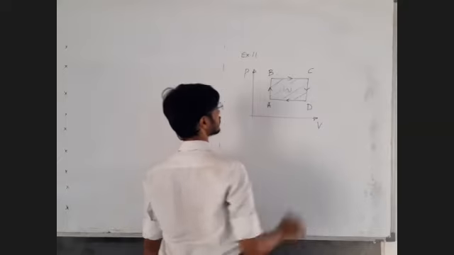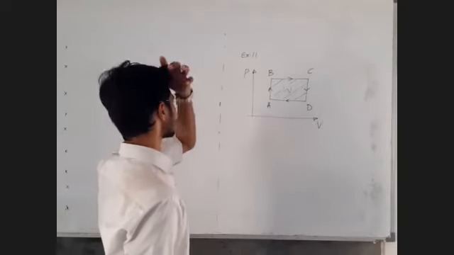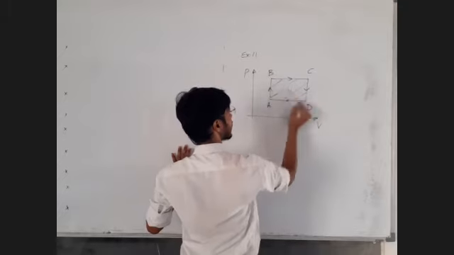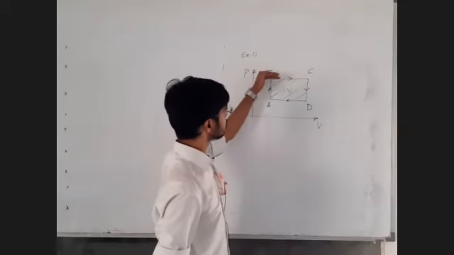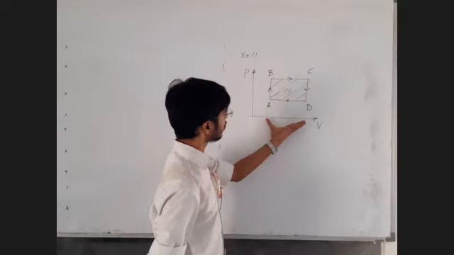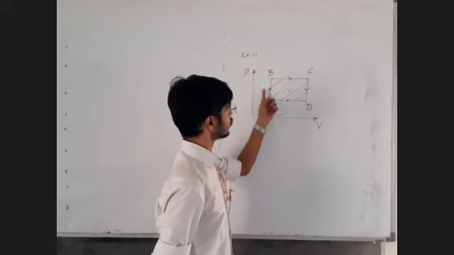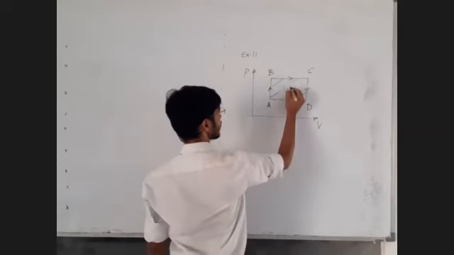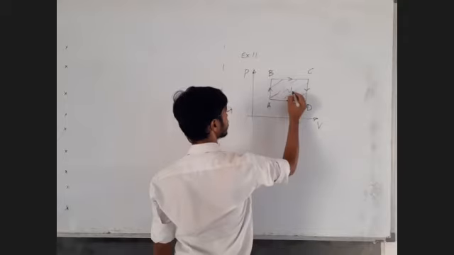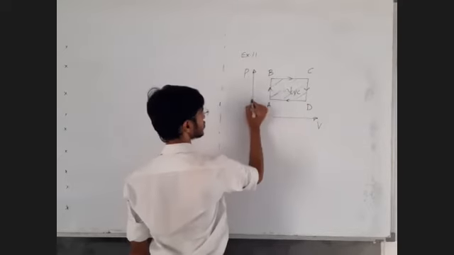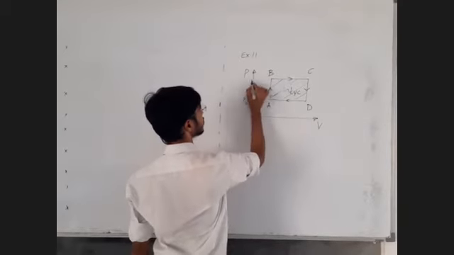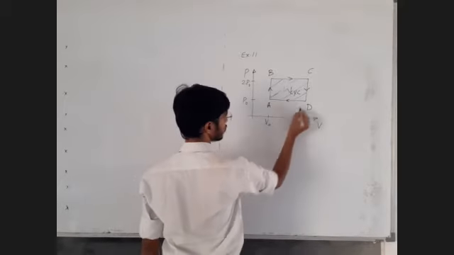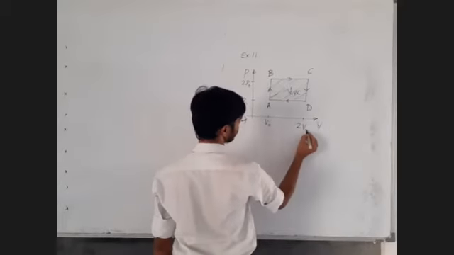If you are given a cyclic process, then we have to calculate the work done by taking the area enclosed inside the diagram, and not below the curve and above the volume axis. Basically, we have to find the area enclosed inside the curve. Fine. So that is going to be our work done in the cyclic process. Here they have written P naught, here 2 times P naught, here V naught, and here 2 times V naught.